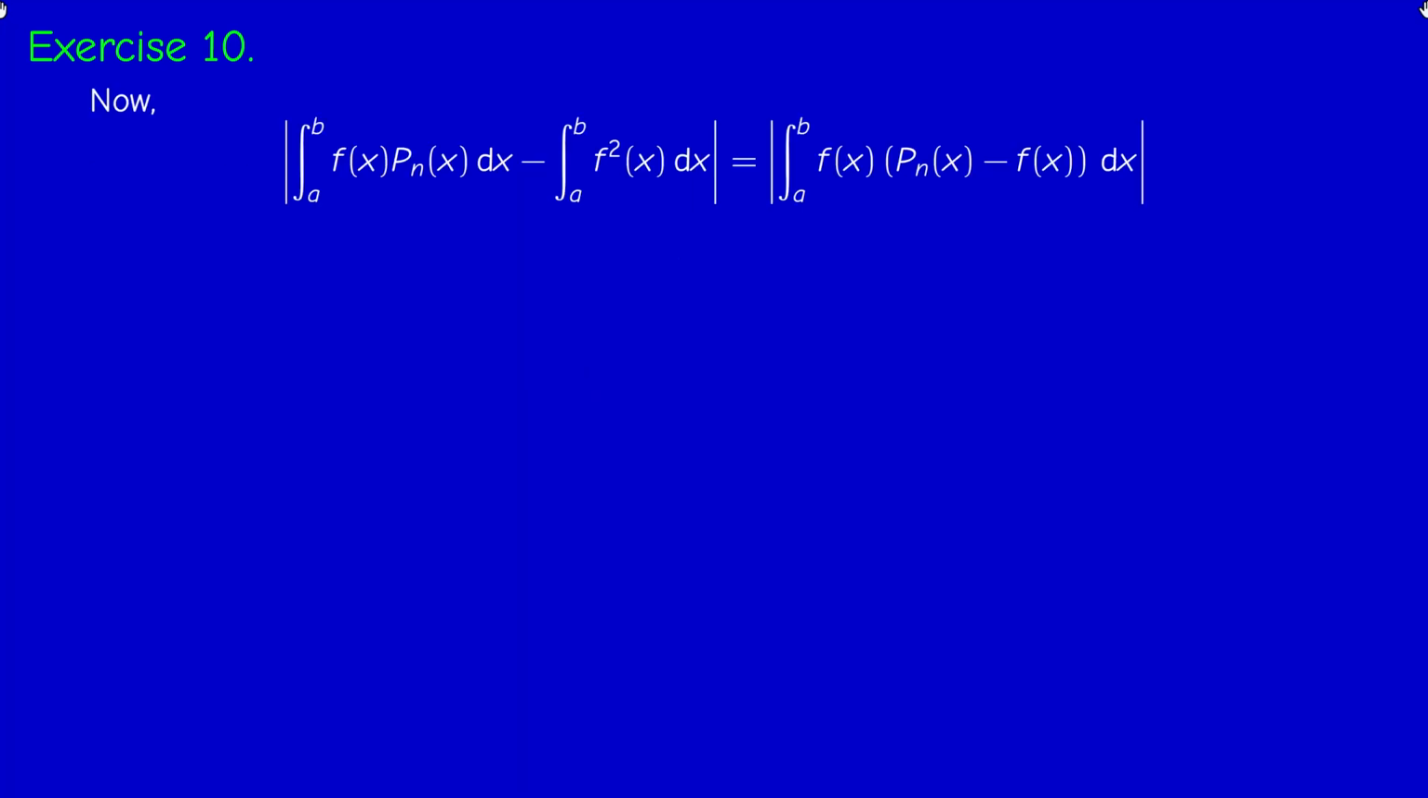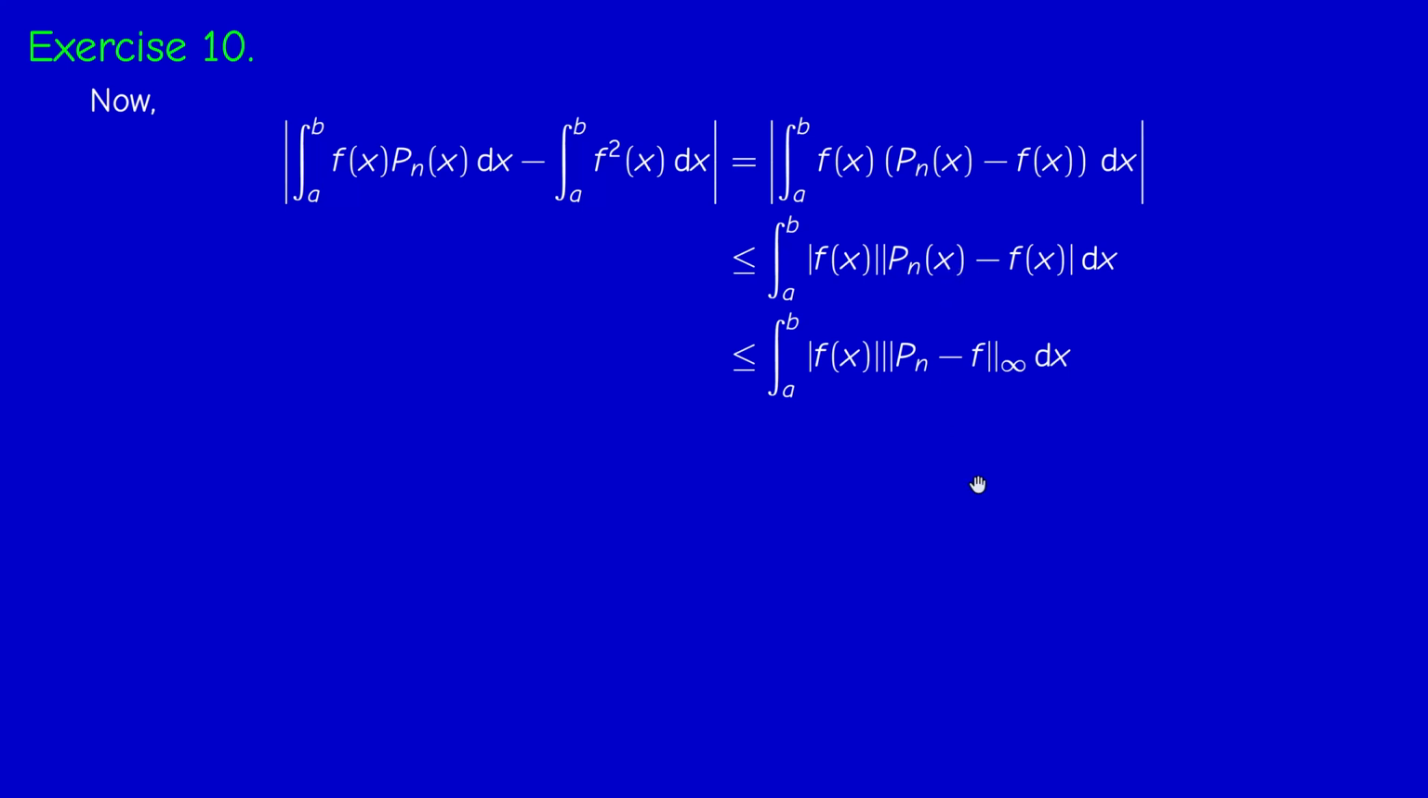Now just consider the difference between the integral of f Pn and the integral of f squared. When we put everything inside one integral, we factor out f of x, because the integral is linear. Now the absolute value of the integral is less than the integral of the absolute values. Now |Pn(x) minus f(x)| is less than the norm of Pn minus f, because the infinity norm is just the maximum. So when we put it outside,